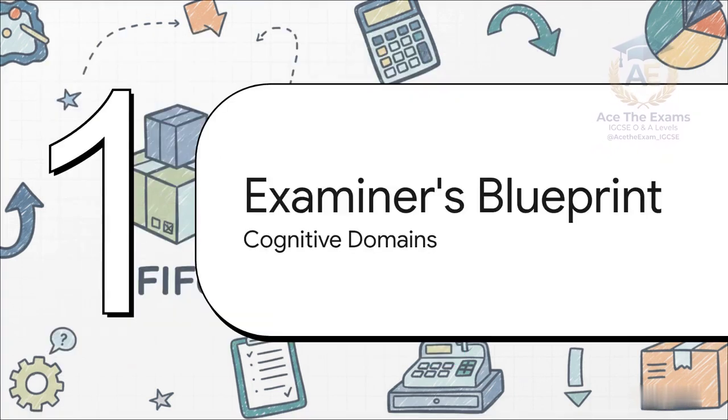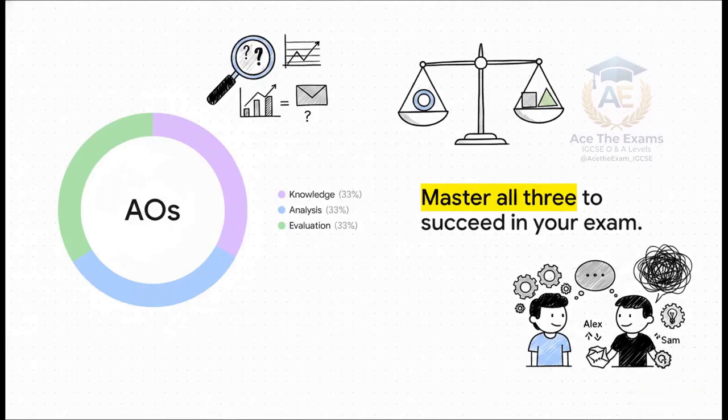Let's move to our first section and look at the core principles and the exact cognitive domains that examiners are actively targeting. Now, what's really crucial about this slide is understanding the anatomy of a high-tariff question. When you are staring down an intimidating 9 to 15 mark essay prompt, you are actually being tested on 3